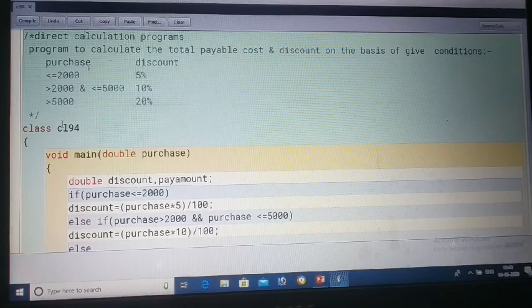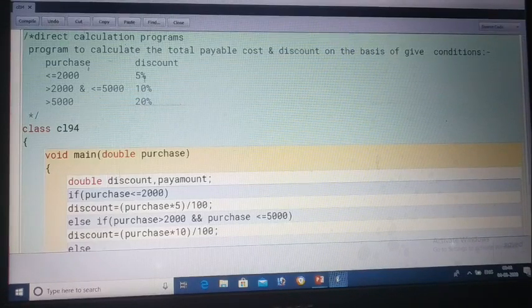If the range value matches with the given value, or you can say the given value is matching with the range value, only one condition executes. That's why it is called direct calculation, means it directly goes to whichever range is satisfying the condition as true.